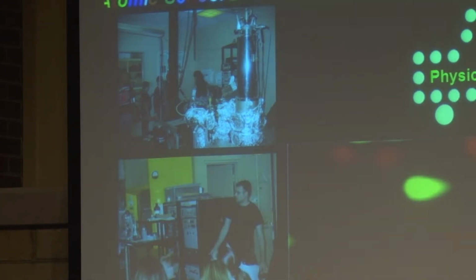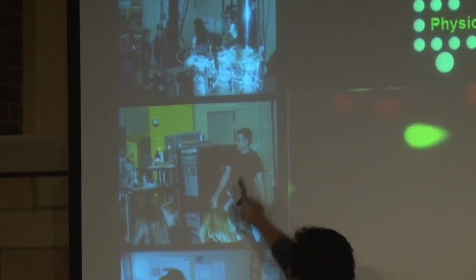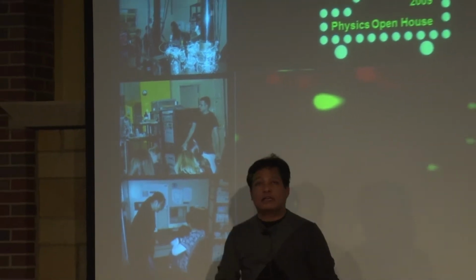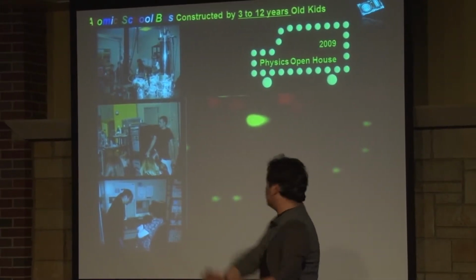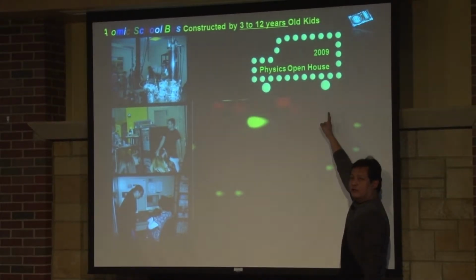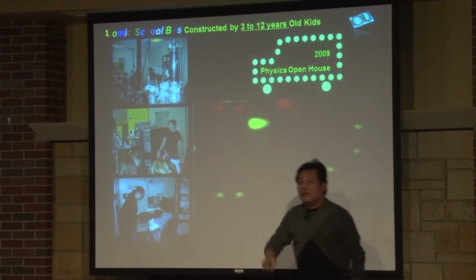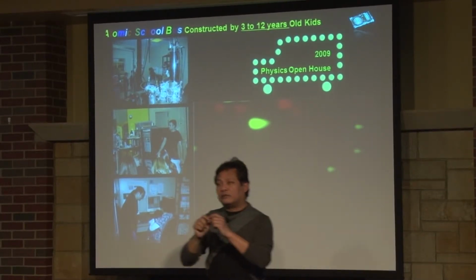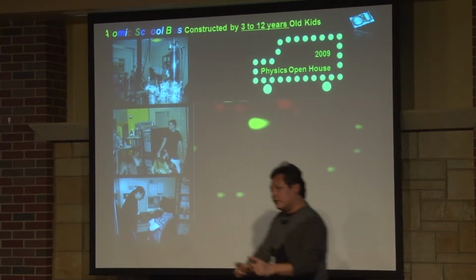Here are the pictures of these little kids. These kids were in my lab, and these were my grad students. Heath is sitting there. They are helping the kids to move. Their mission was very simple: to build this little school bus. Here is a drawing, and the little dots here are the atoms. So their mission was to build the world's smallest school bus.